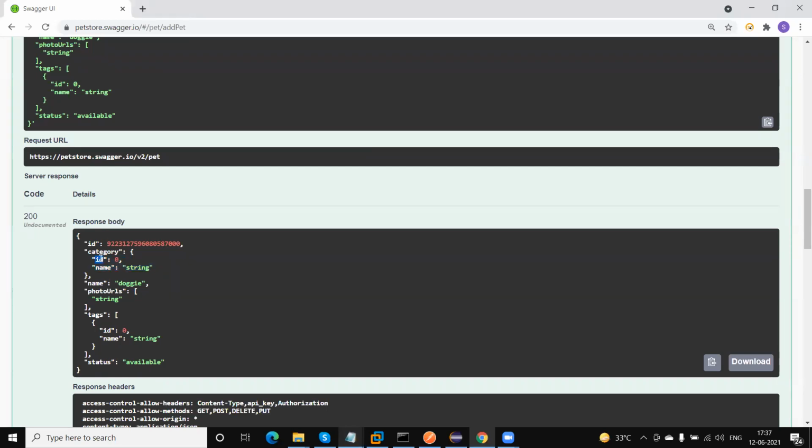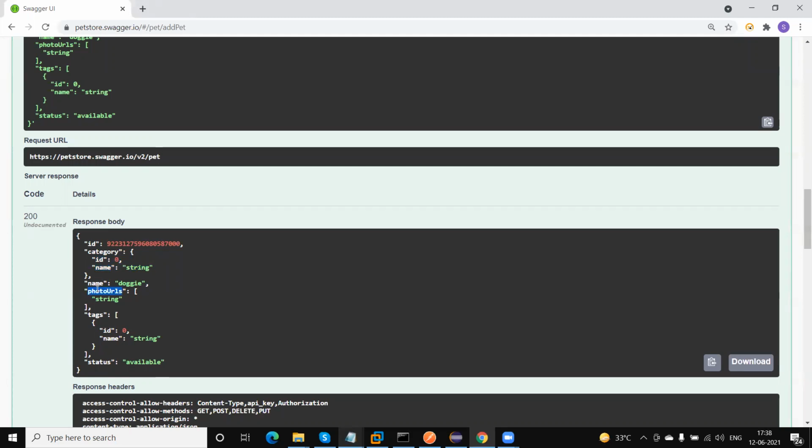Next, ID has a key and value. So this is a property of the category object, and in this property the ID type is integer, because we are getting an integer. Similarly, the name data is in string data type. This name is coming directly at the root, not under category. Category has only two field properties, one is ID, second is name.